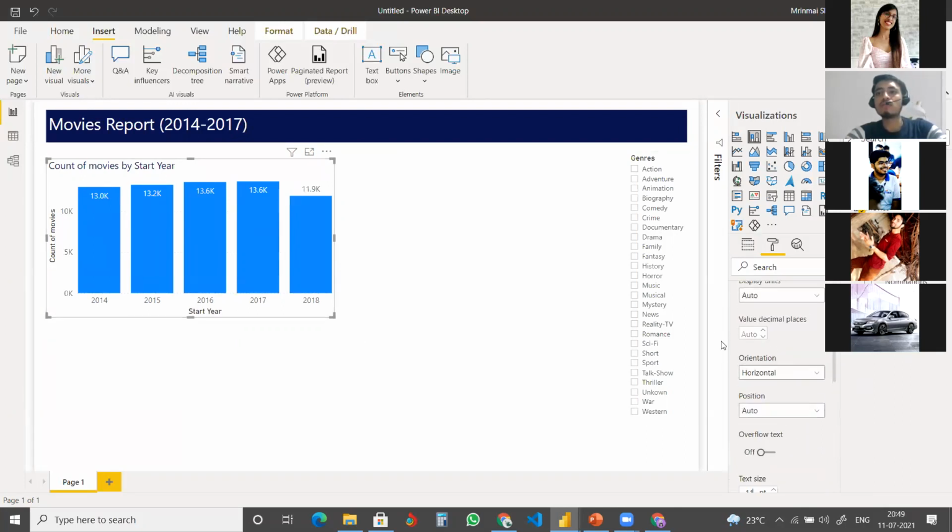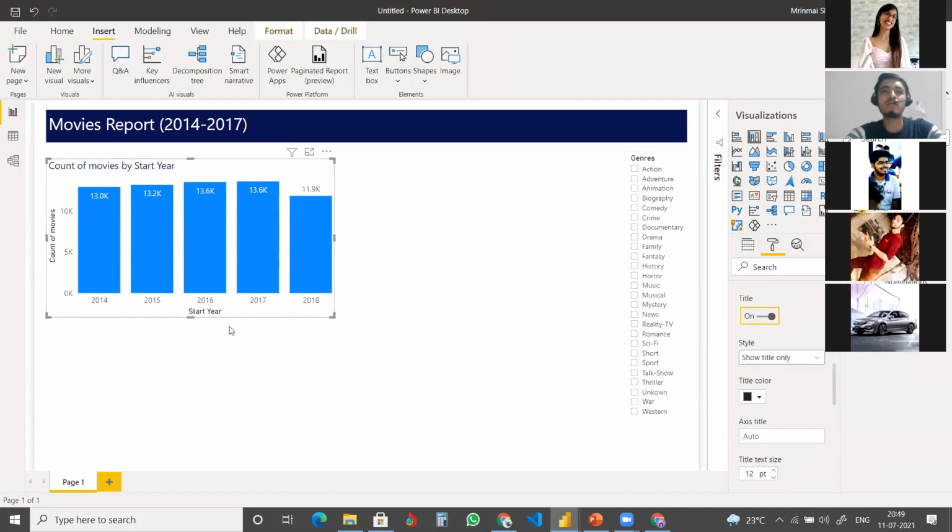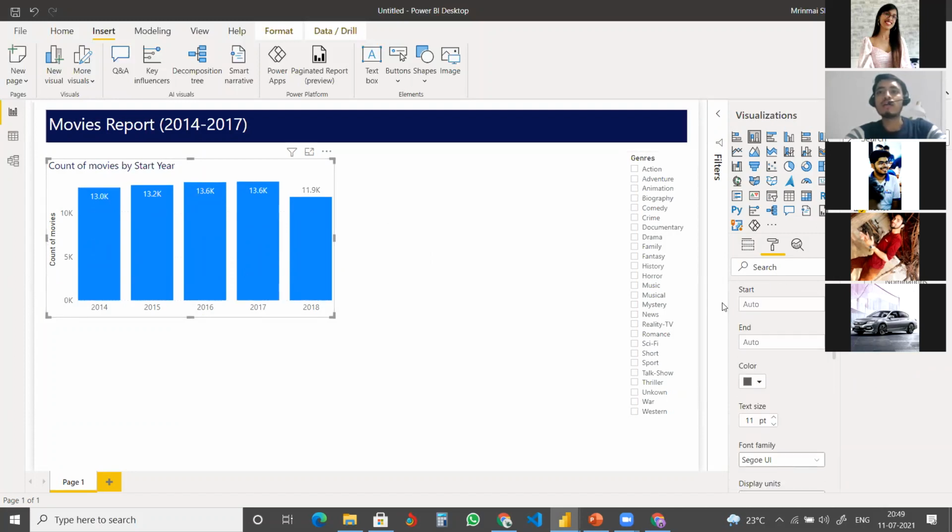Okay, so for that, go to the x-axis, and in the x-axis you have a title. So you have the title on, you can turn it off, it will go away. You can turn it on like this. So in our case, I'm going to turn off the x-axis title because it's pretty much understood that 2014 is a year, and we have mentioned it in the title also. So I'm going to turn this off, and